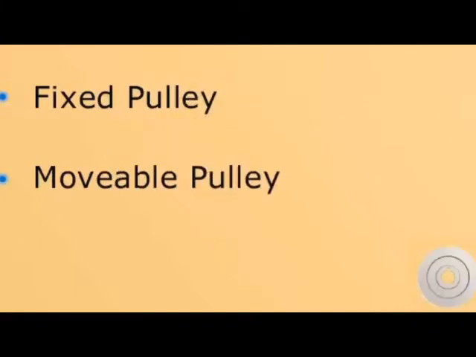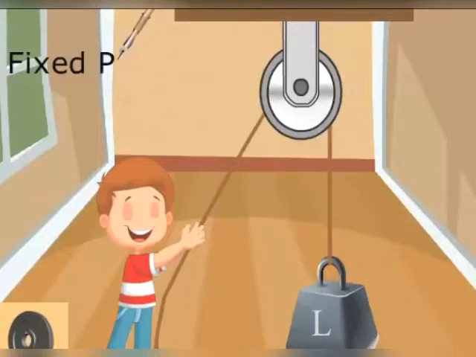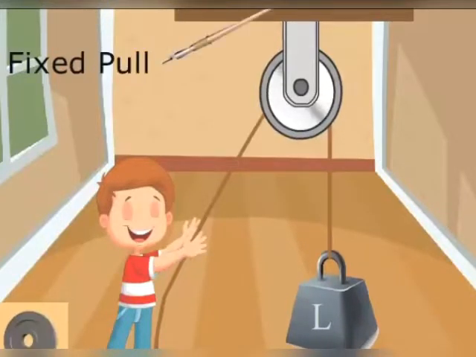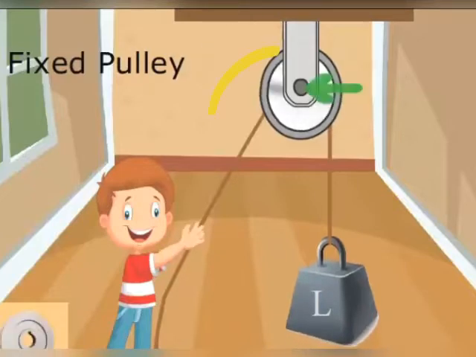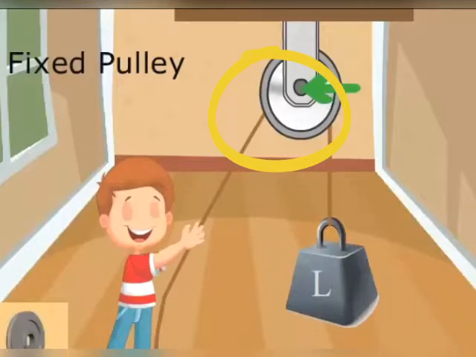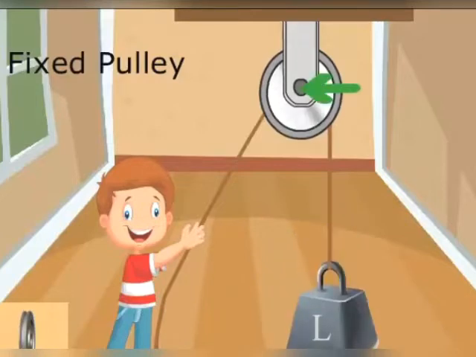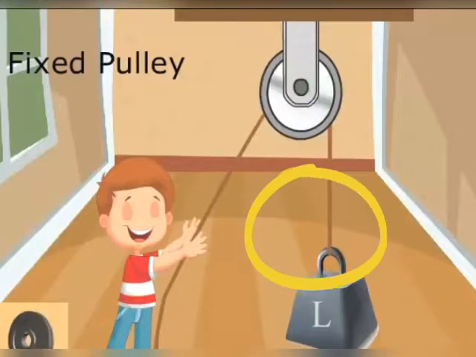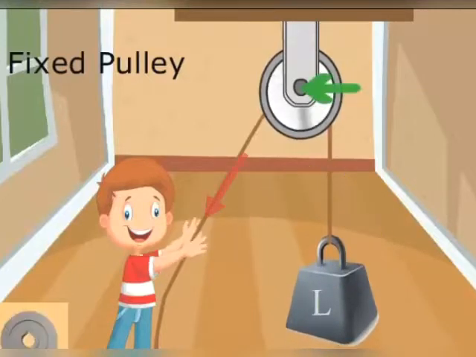Let's go in detail about fixed pulley. A pulley which has its axis of rotation stationary in position is called fixed pulley. A single fixed pulley has its axle fixed on the support and an inextensible strong thread of negligible mass passes around the grooved rim of the pulley. One end of the rope is connected to the load while effort is applied at the other end of the